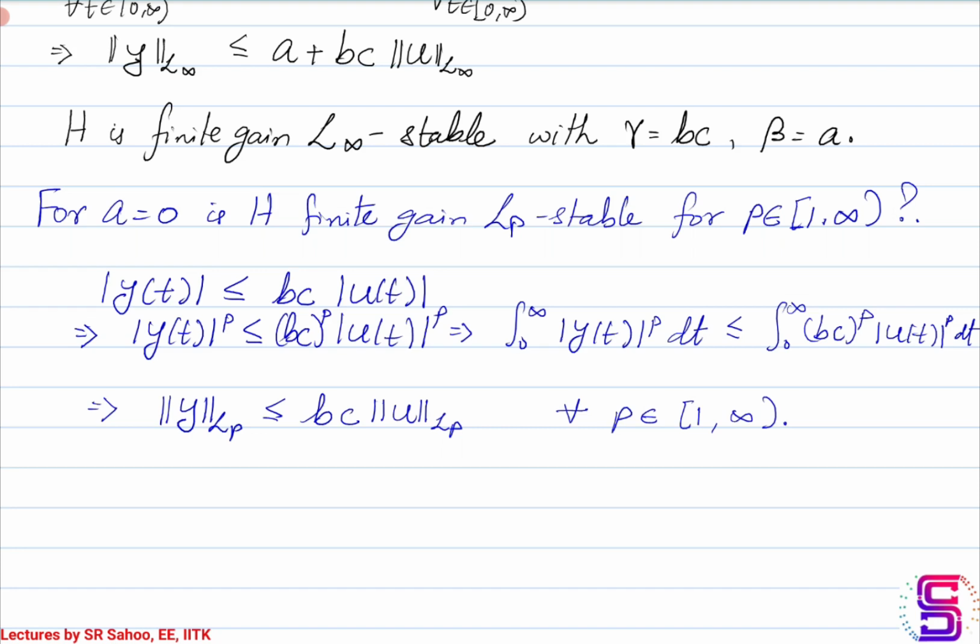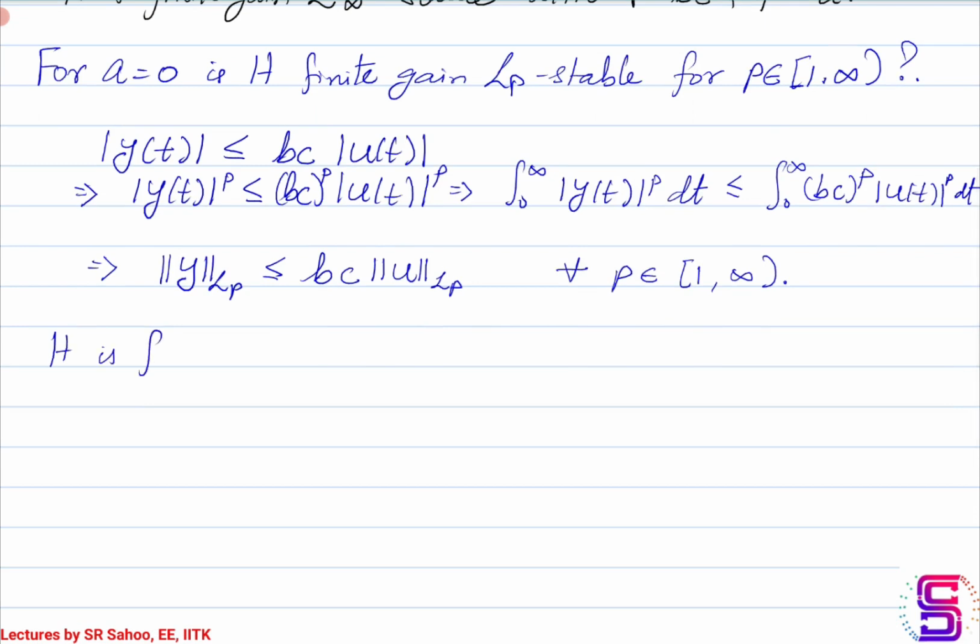Please note that when p is infinity, we have already established that even with a non-zero, H is finite gain L infinity stable, and the gain is bc. So if a is 0, then also it is finite gain L infinity stable. What we are trying to show here is whether, if a is 0, it is finite gain LP stable for all other p greater than or equal to 1 but less than infinity. It turns out that yes,